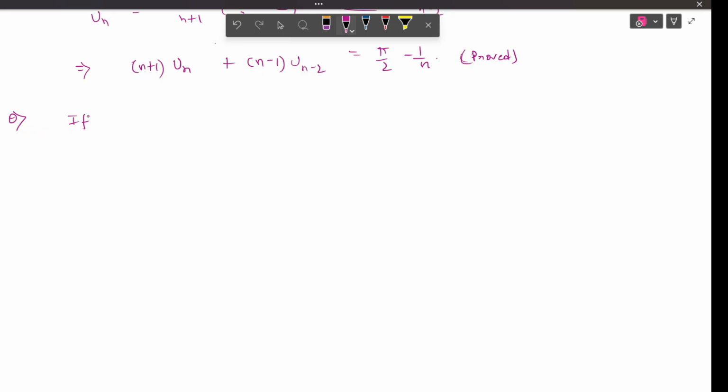If I of n is integration 0 to pi by 2 x to the power n sine of x dx, where n is greater than 1, show that I of n plus n into n minus 1 I of n minus 2 is n into pi by 2 to the power n minus 1. Okay,